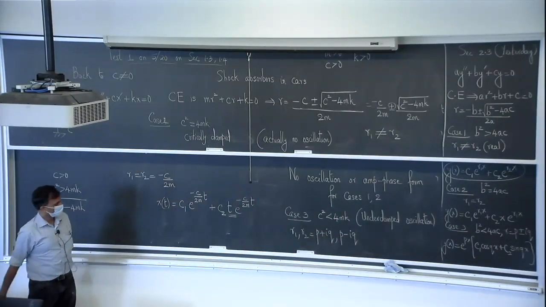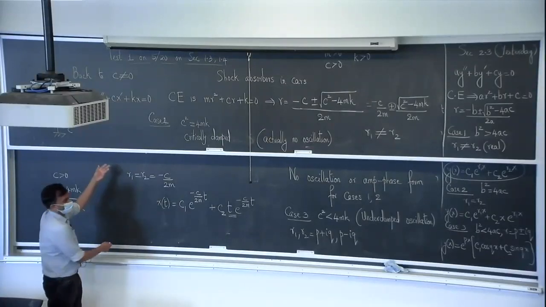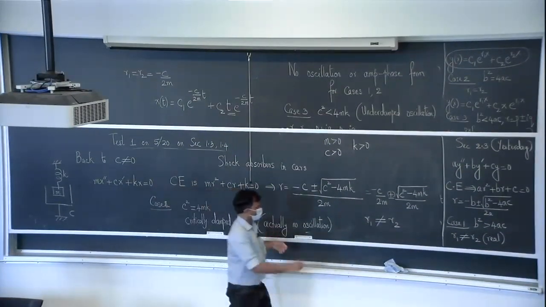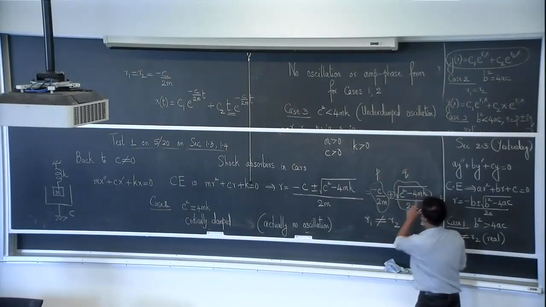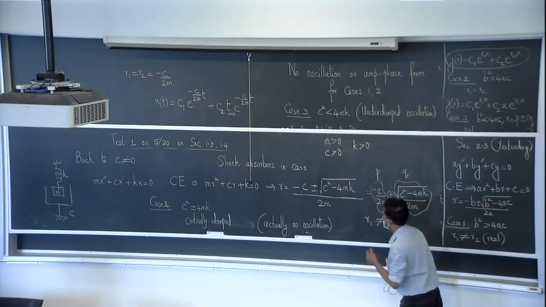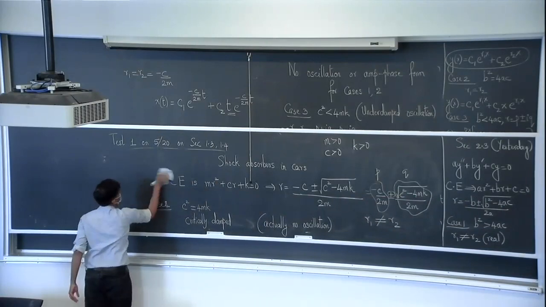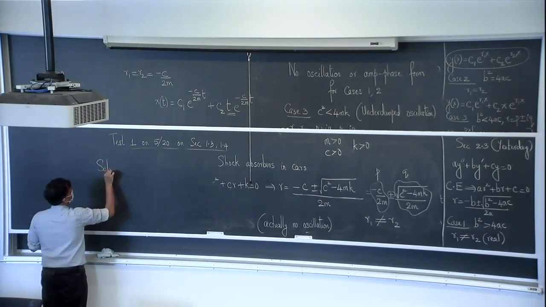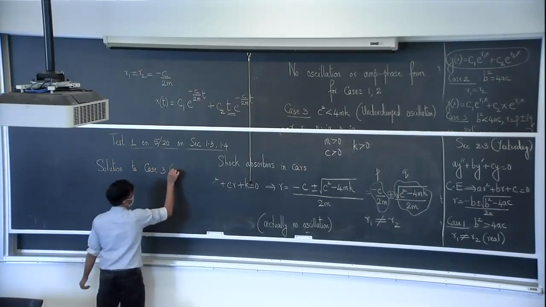Okay, I'm not going to repeat that thing. So for each problem, you'll have a P term and a Q term after you solve the quadratic. So your P is going to look like this, and Q is going to look like this. But the 4mk and the c square are switched because you have an i multiplying it. Okay. So the solution to case 3, which is underdamped oscillation,